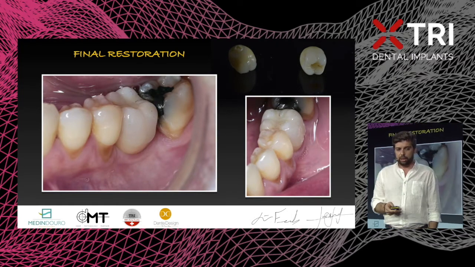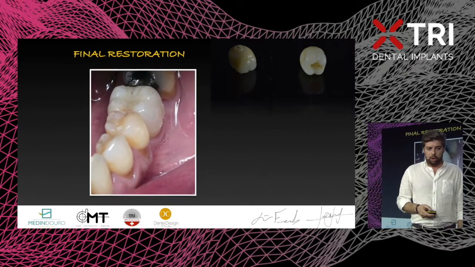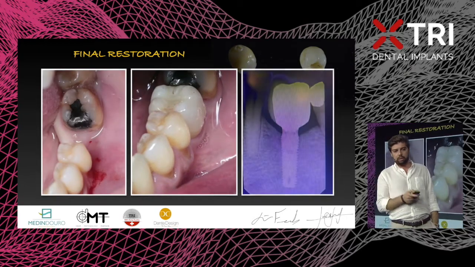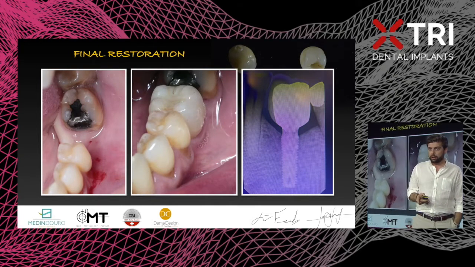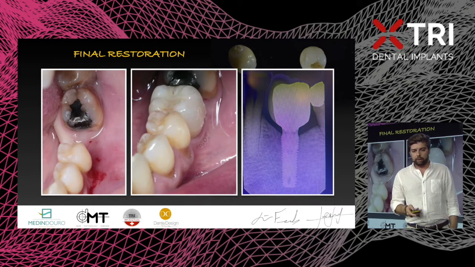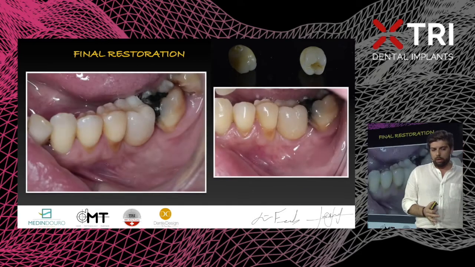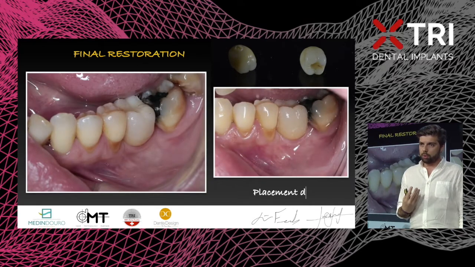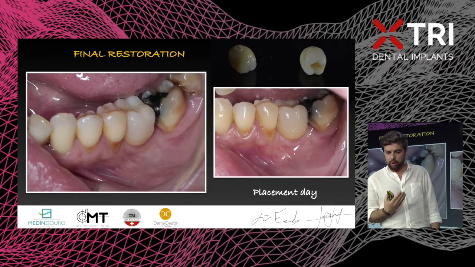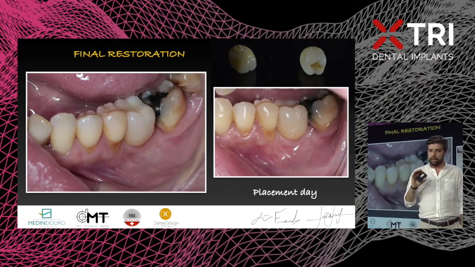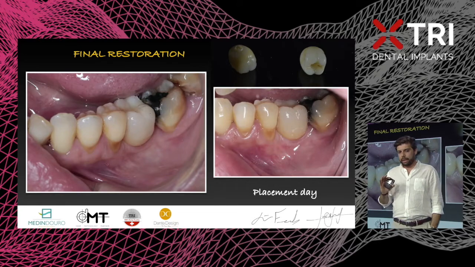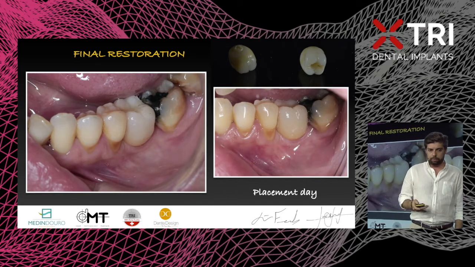And this is the placement day from this crown. So in 3 months' time, we went from that scenario to that scenario, and with this amount of bone stability on top. And in placement day, look how mature this tissue already looks. Look how the profile seems correct, the anatomical crown looks good, and the anatomy is respected.